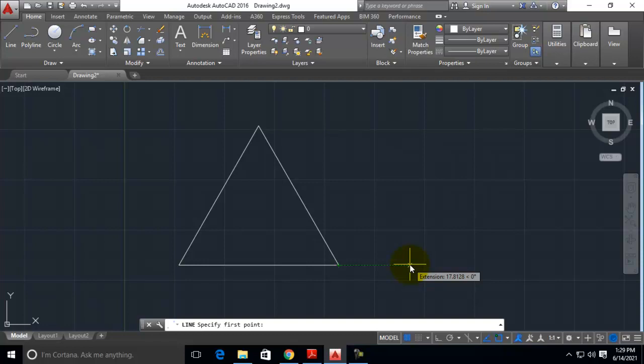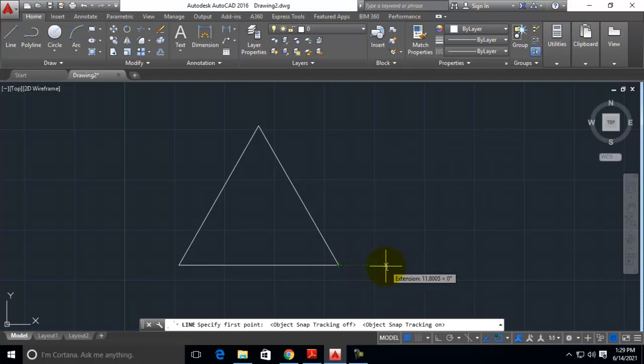It will track only if this icon is enabled. Here you can see the object snap tracking button has to be switched on. If you switch it off, it will not track. You see here it is not tracking, but a few times it will track, but it will effectively track only when you switch it on, the auto snap and track.